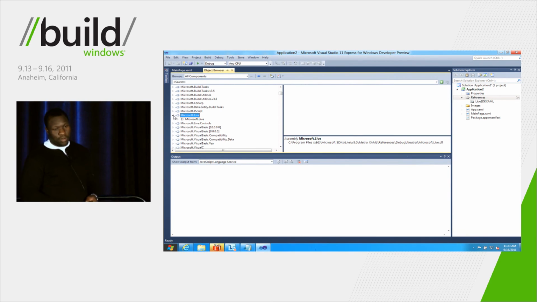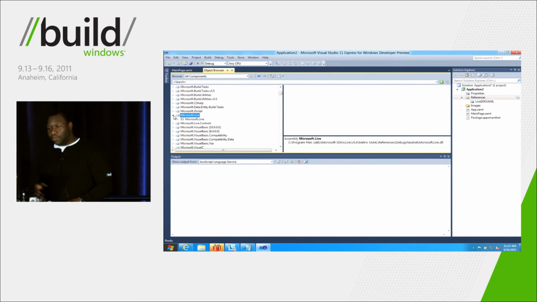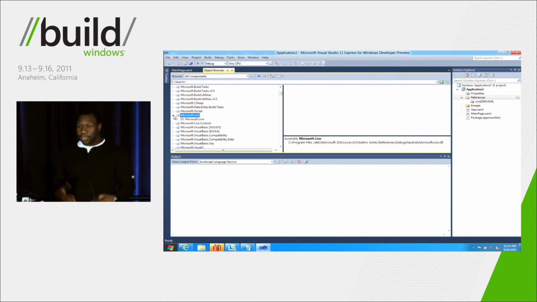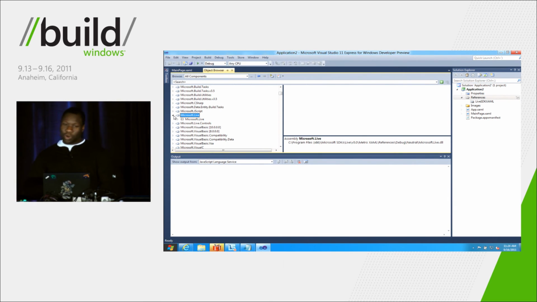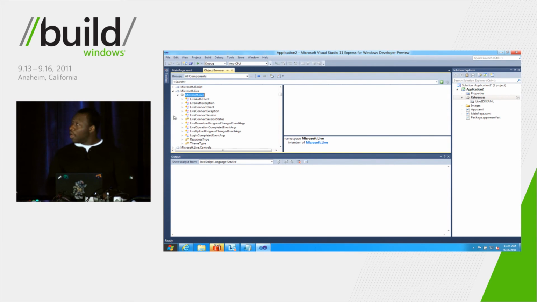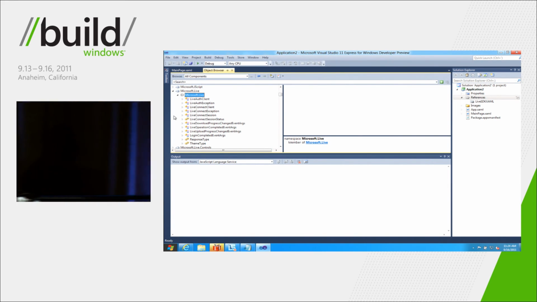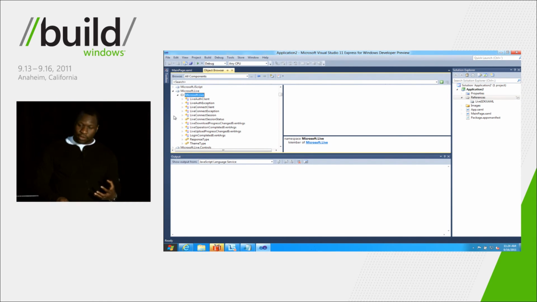Unlike our JavaScript object model, our Live SDK for XAML development follows traditional .NET programming design patterns, meaning we have namespaces where we segregated controls and data objects, as well as having objects that have single focuses of functionality. Here I'm showing the expanded Live SDK for you too. And here there are really two key objects you have to interact with and really think about.